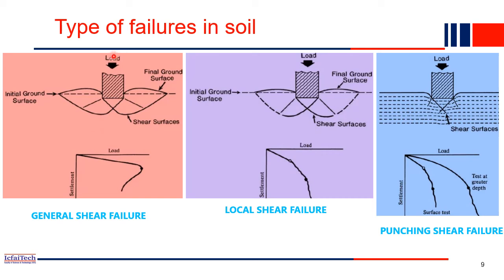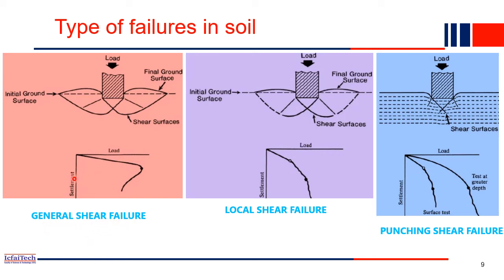General shear failure is, when the load is applied and this is the foundation, below the foundation, this entire area of soil got failed, in the sense that the shear strength or bearing capacity was exceeded by the load. So in that case, what will happen? The dotted line was the initial ground level, but when the soil failed, this foundation now settled, and this is a failure plane. You can see this is a failure plane. The foundation will now settle down, and soil will uplift on both sides of the foundation. So this type of failure we call general shear failure.